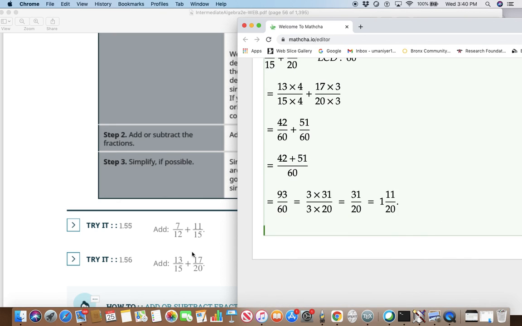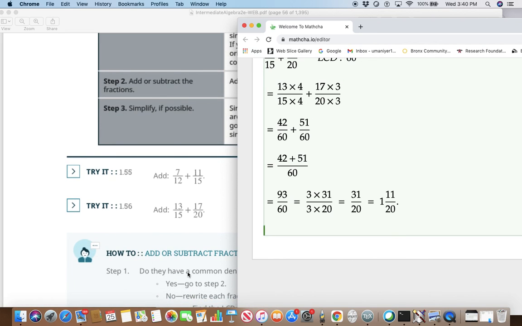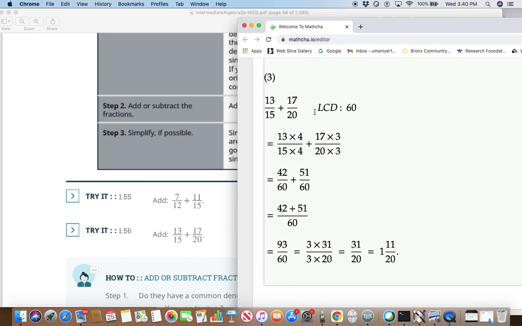Alright, so this is how we add fractions. Next, we will see how to subtract fractions. The procedure is essentially the same, but instead of adding, we subtract. We'll continue in our next video. Until then,